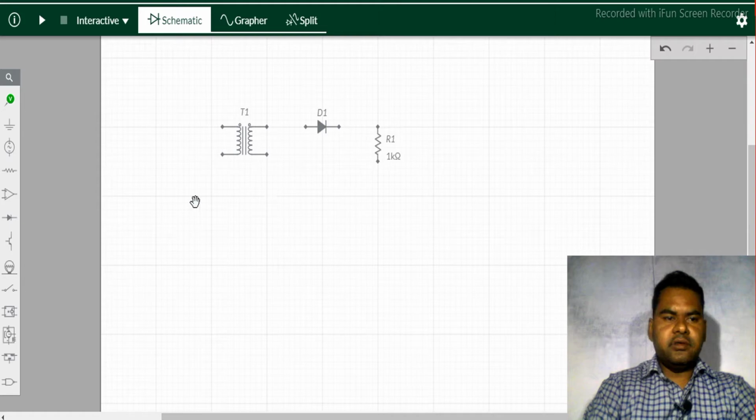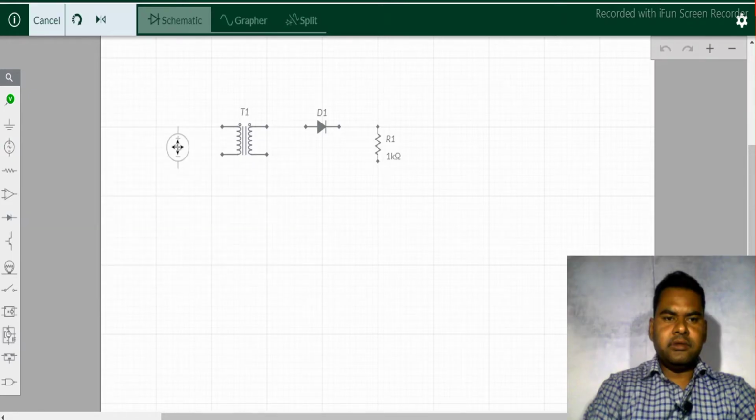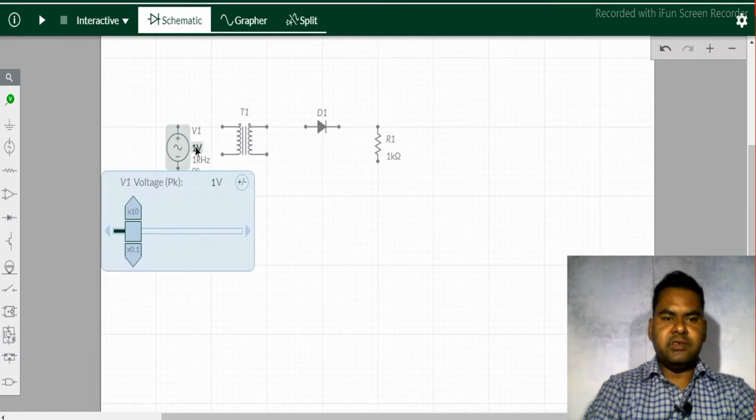So we need an AC voltage source also. So here is an AC voltage source. By default its value is about 1 volt, so I am going to change this value.